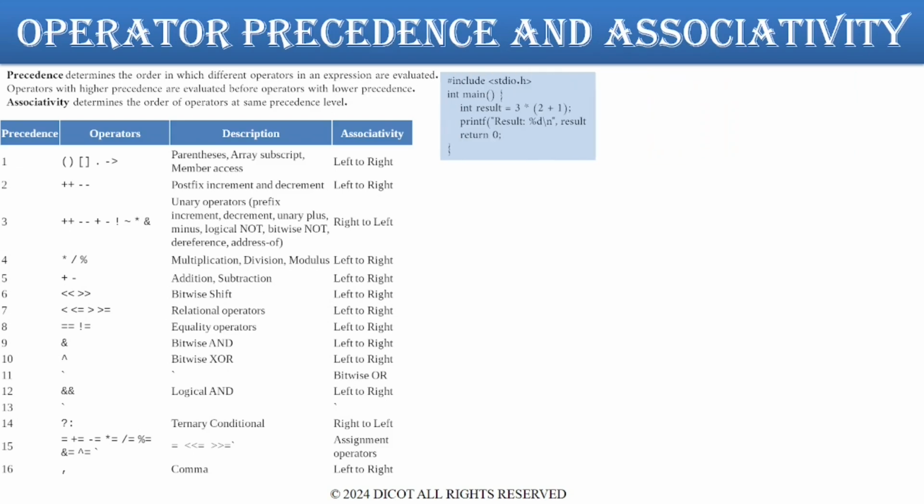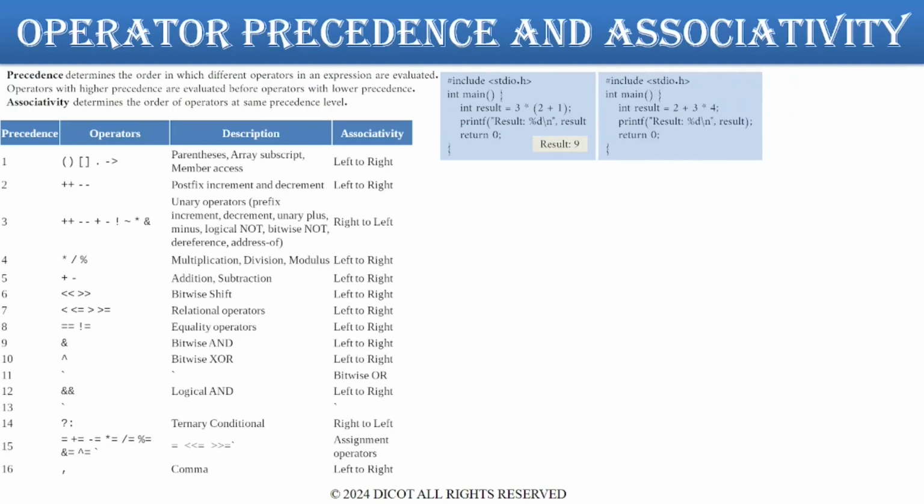Parentheses have the highest precedence in this example. So 2 plus 1 is evaluated first, resulting in 3. Then 3 star 3 is evaluated, giving 9. The output in this case is result 9. Next,